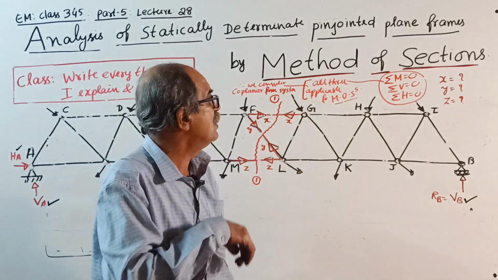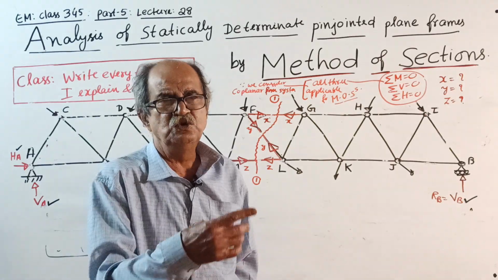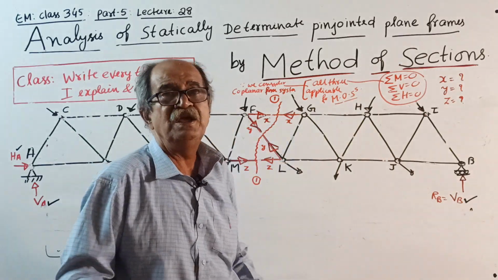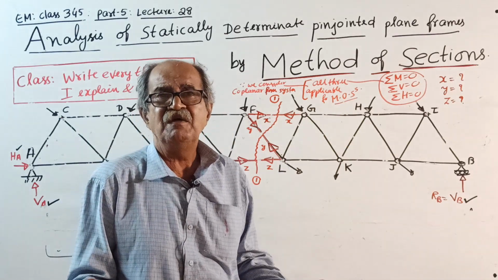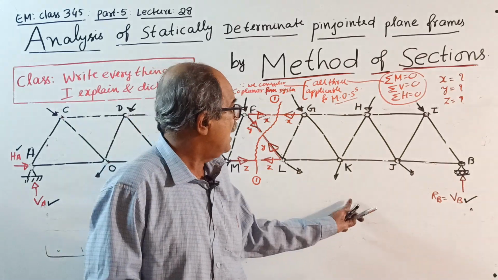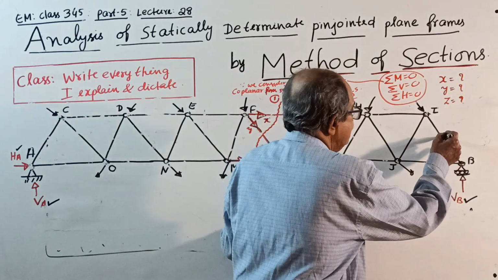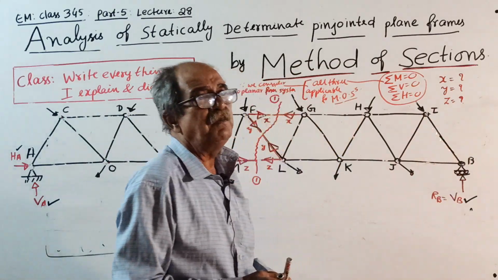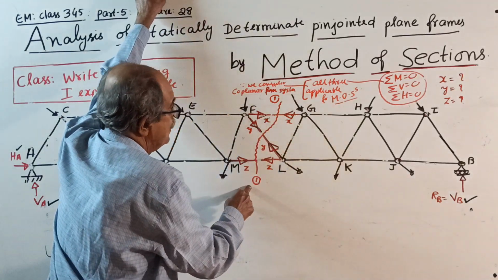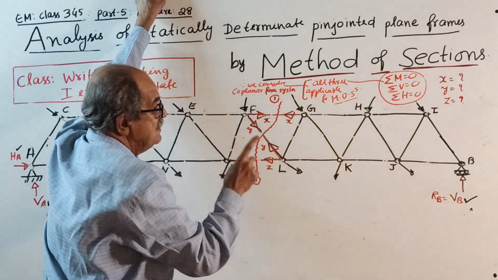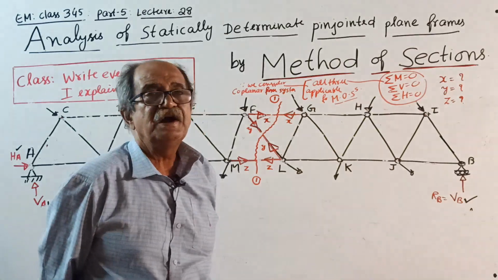Because somebody may say tomorrow, he told only 3, 4 is possible. I will say, do you think I do not know this much? I will question then, but I am not unaware of that. So I am telling the general case for people who are studying in the beginning. In the beginning I will tell, the number of unknowns should not be more than 3. Yes, X, Y, Z, you write here. Take a section here. Then I am dictating, you consider